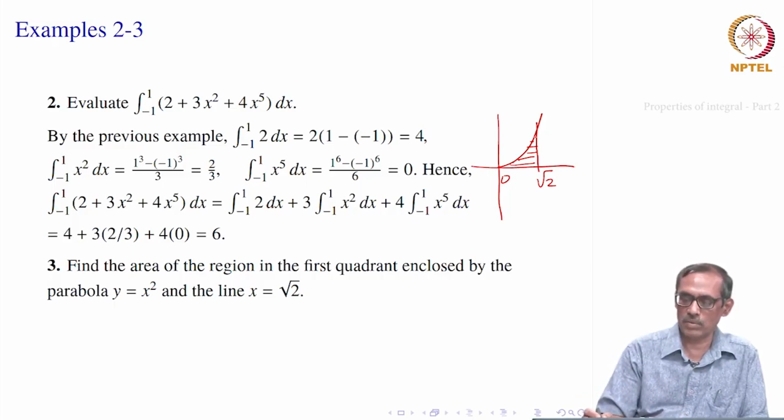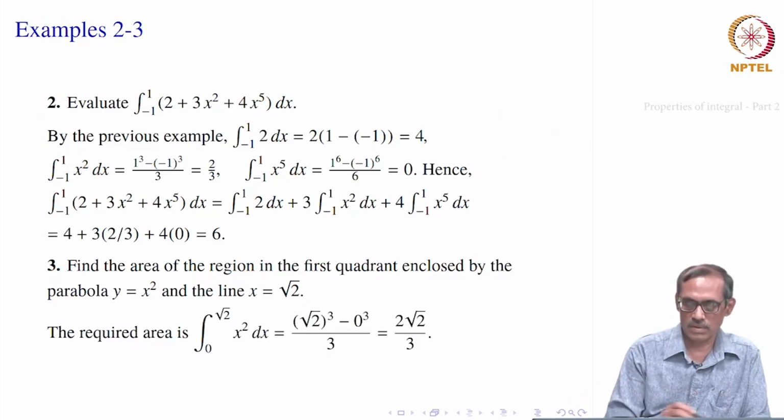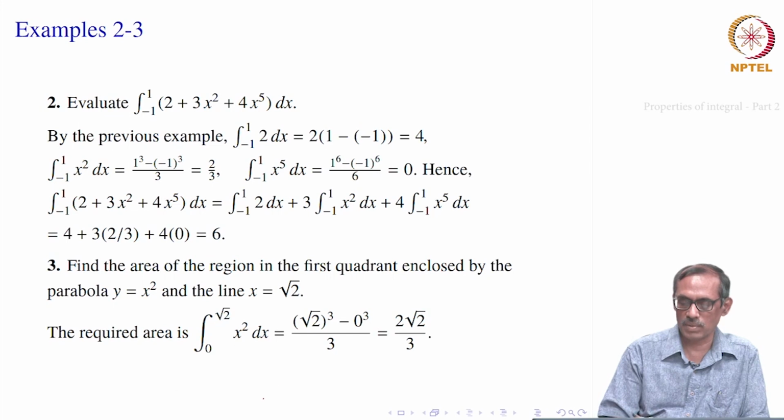So, this area will be equal to the integral, we know the integral, right, and then we can find out. So, it is the integral from 0 to root 2 of x square dx, then it is the curve bounded by this. So, 0 to root 2 of x square dx. Now, we know how to integrate x square, it is just x cubed evaluated at root 2 and 0. So, root 2 to the power 3 minus 0 to the power 3 divided by 3, that is 2 root 2 by 3.